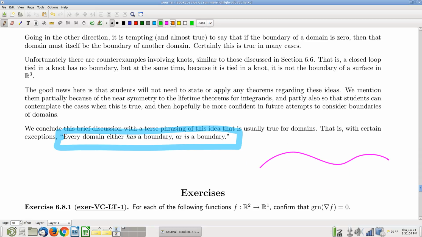That curve has a boundary, so you cannot say that it is a boundary. It's not a boundary of anything. This curve has a boundary, therefore it's not the boundary itself of a surface. And likewise, here is a curve